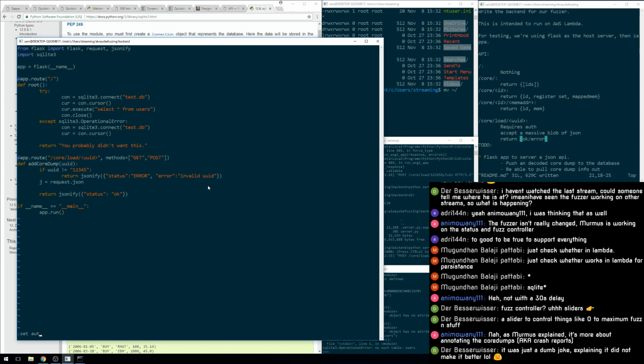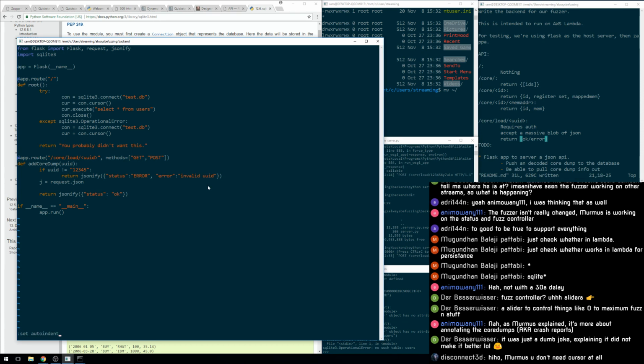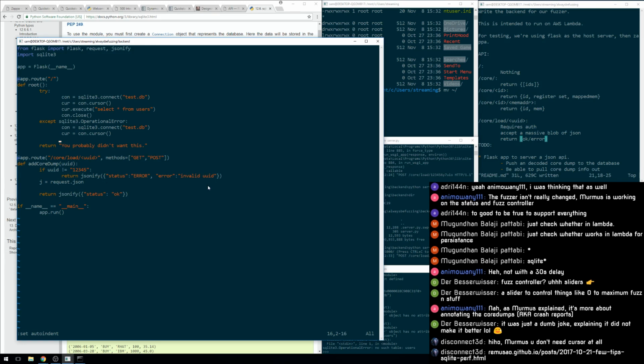Set auto indent because apparently that isn't set up right. I don't need cursor at all. That sounds like SQL black magic. I always have a cursor. I probably don't ever need one, but